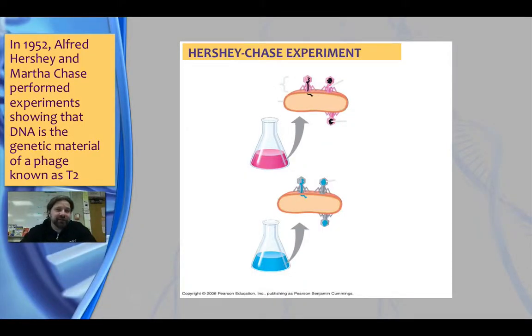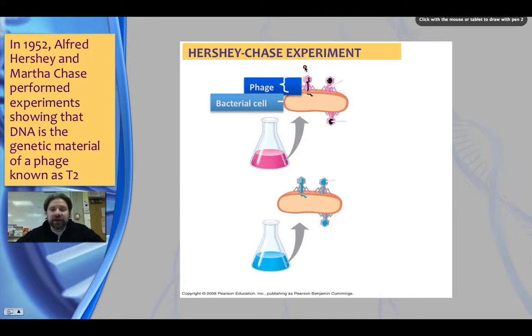In 1952, 2 scientists, Hershey and Chase, are going to perform an experiment that pits protein against DNA, which is finally going to get us that understood information that we are looking for, that DNA truly is our genetic material. And their experiment kind of went something like this. What you see in brown in our picture is a bacterial cell. We'll kind of label it as we go on. You see one below as well. And you see a couple of phages on the top